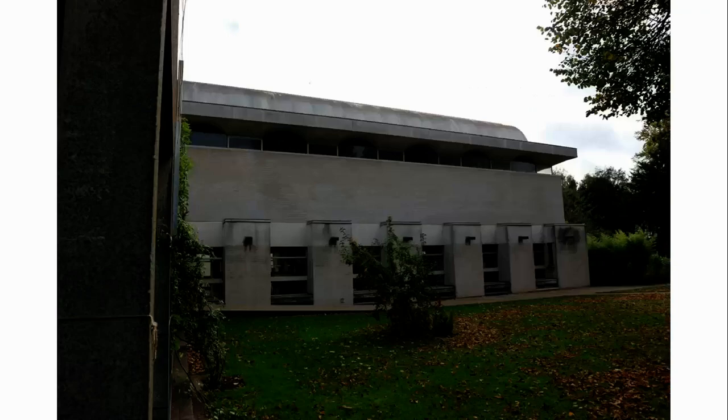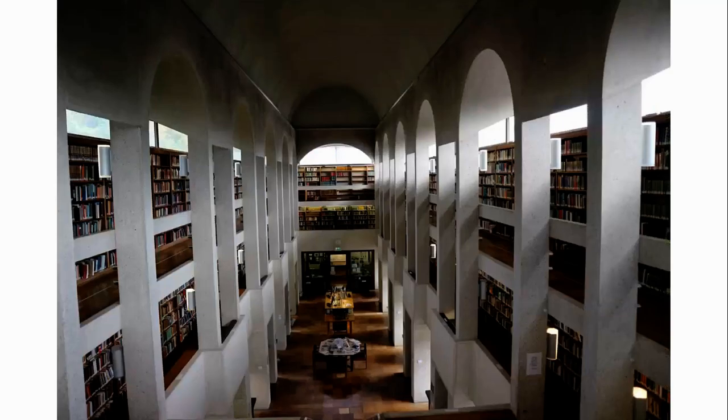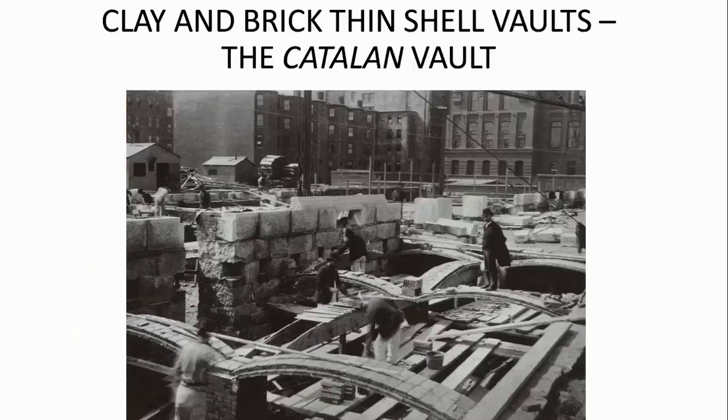Of course, the whole thing is designed around natural light, isn't it? But it is a series of arches and vaults in one direction, in two directions in this case. So I should mention the Catalan vault because, generally speaking, to make vaults, as we said earlier, you need stone in compression or brick. The interesting thing about the Catalan vault is they're very thin, in terms of they're using